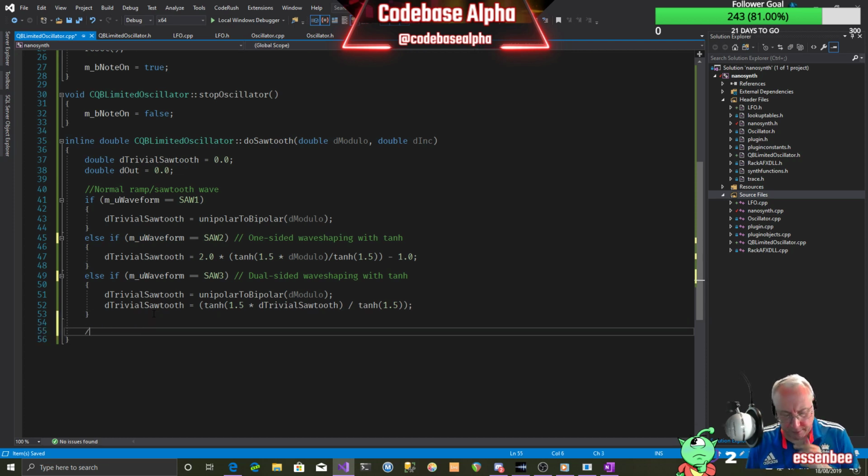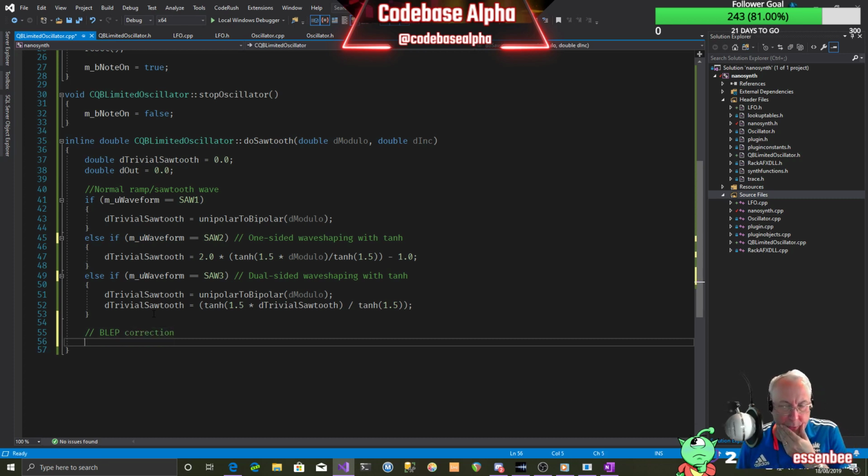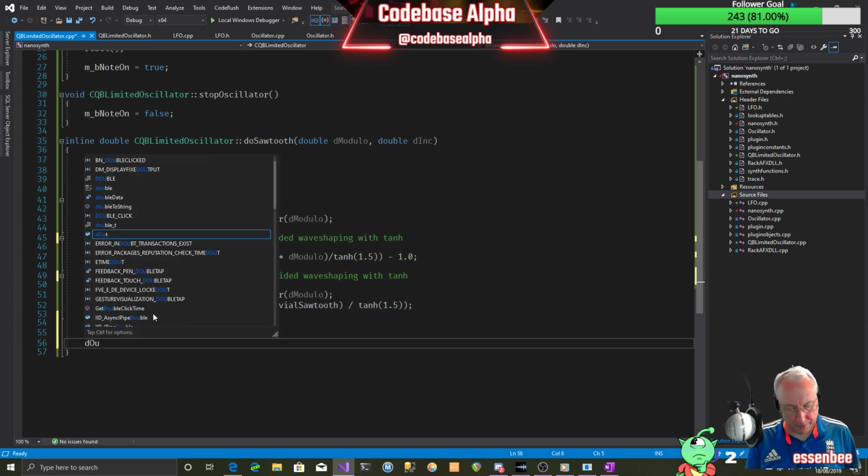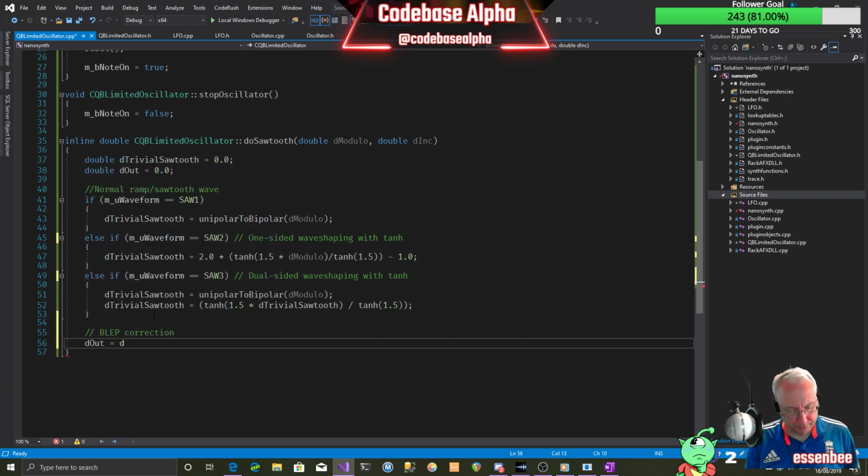And now we're going to do the blep correction. So this is where we're going to get rid of that discontinuity and make it appear as if it's got a curve in there. And it's really amazing that you can just insert two samples, and when your digital to analog converter sees that, it will actually kind of fill in the rest of the wave, which is part of the magic of digital sound, really. So D out now is going to equal our trivial saw,